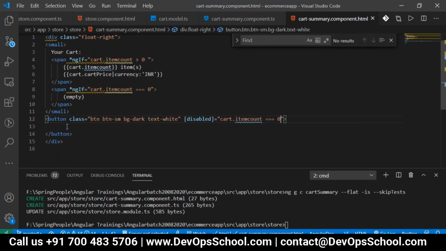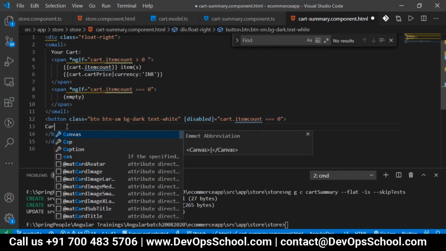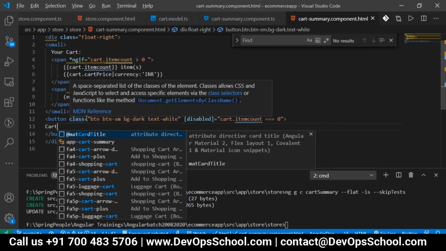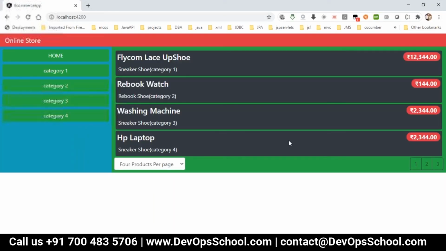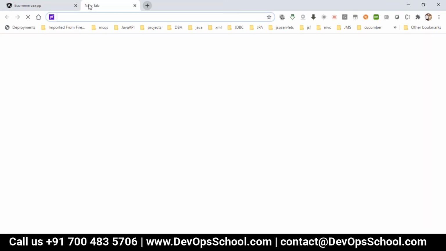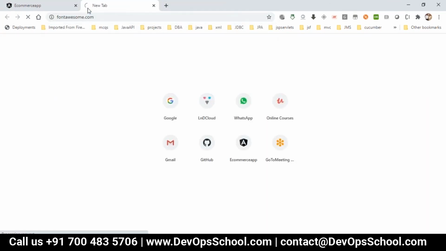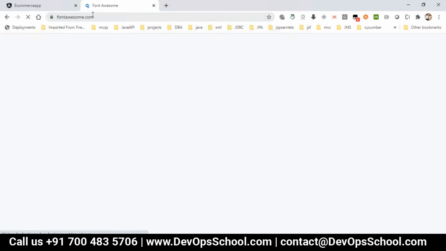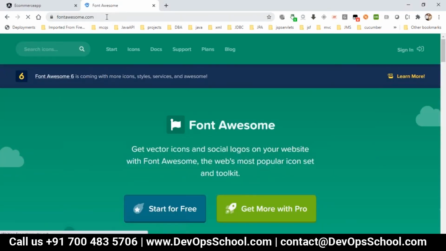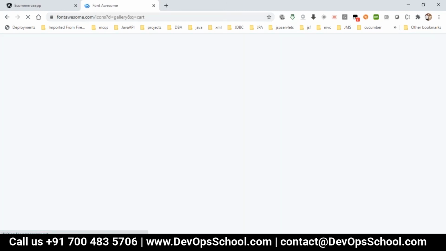But I don't want to give any text here. If I just give a cart, hold for a minute and see, just give a cart. Till now we have not added anything, but I want to give some cart symbol. We have one website here, Font Awesome. From fontawesome.com, I pick the icon I want to use, like I'm just using here cart.